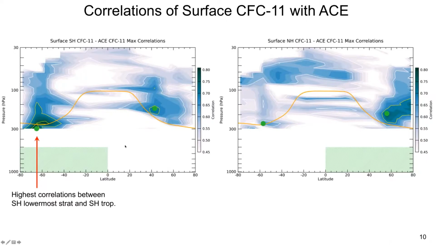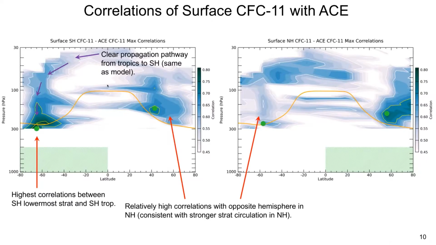You can also see from this that in the southern hemisphere, there's a clear propagation pathway down from the tropics all the way to the tropopause. This is similar to the model I showed earlier, where it seemed like a clear pathway in each hemisphere, right from the tropics on down.